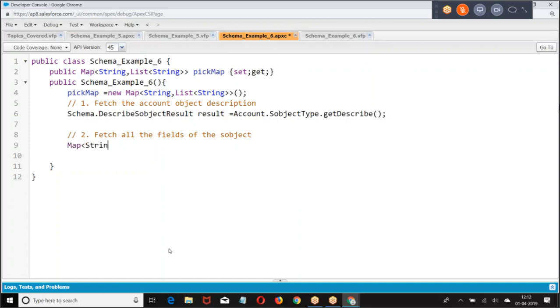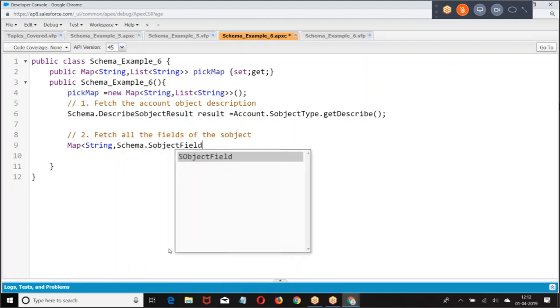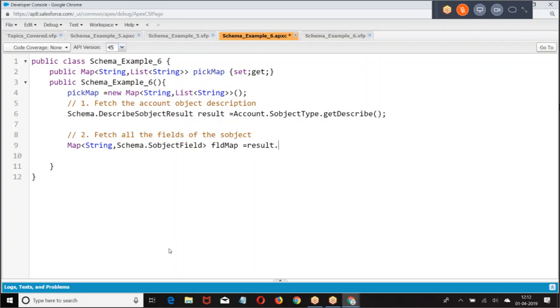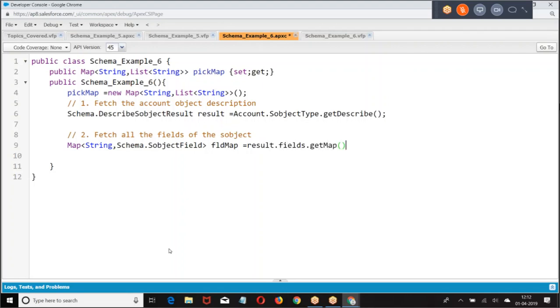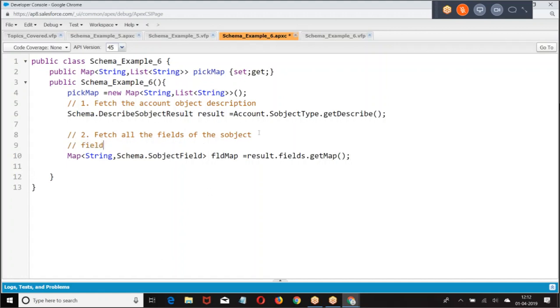Map of string, S object field map equal to result dot fields dot get map. Field name is the key. Field type is the value.